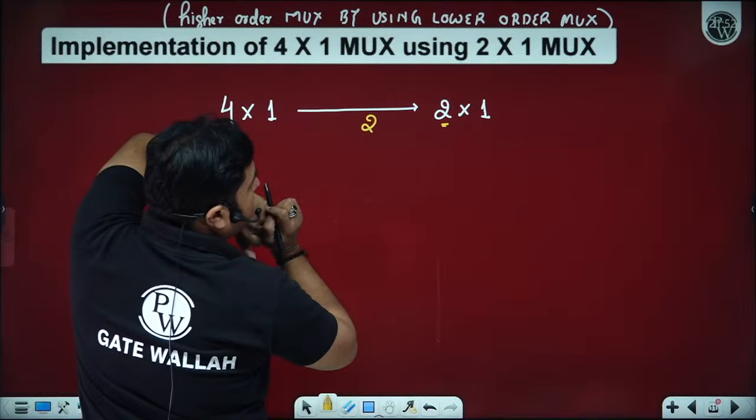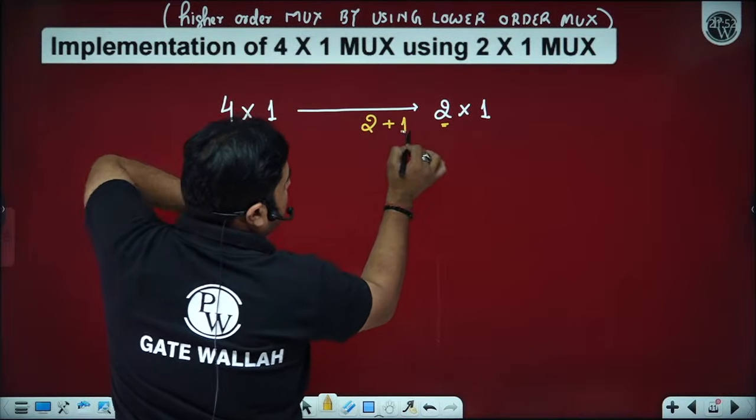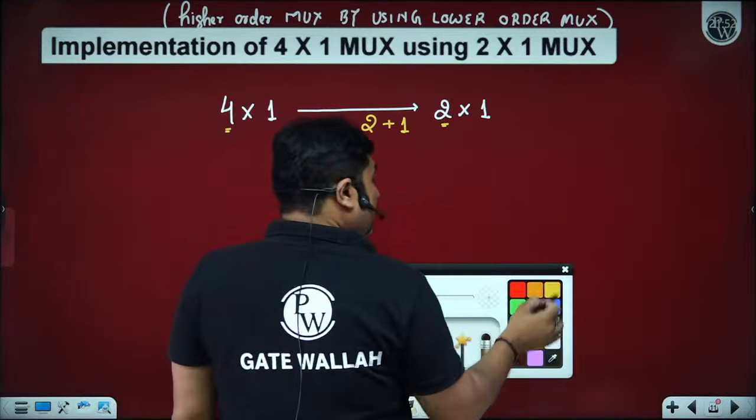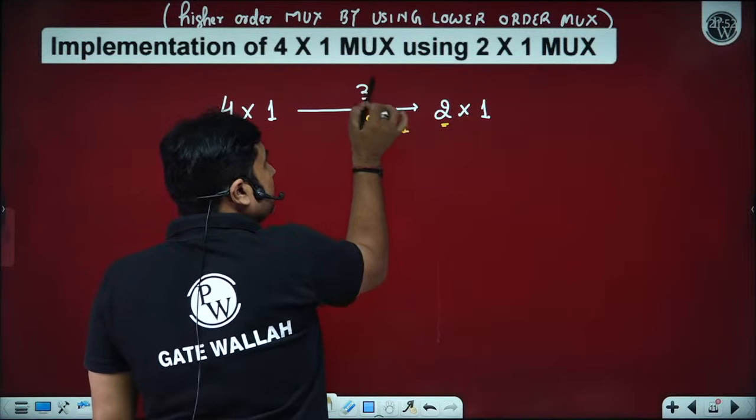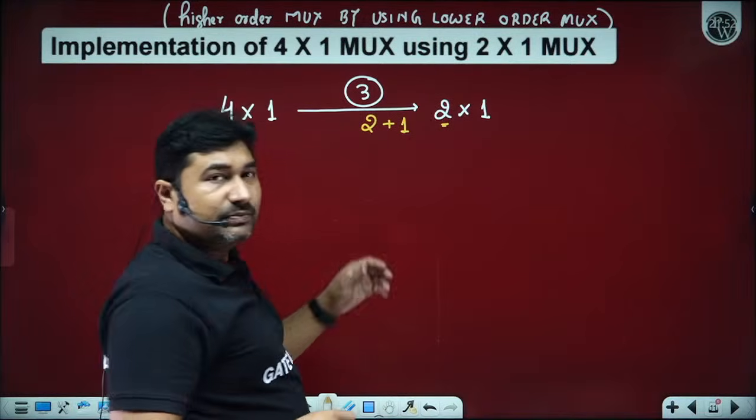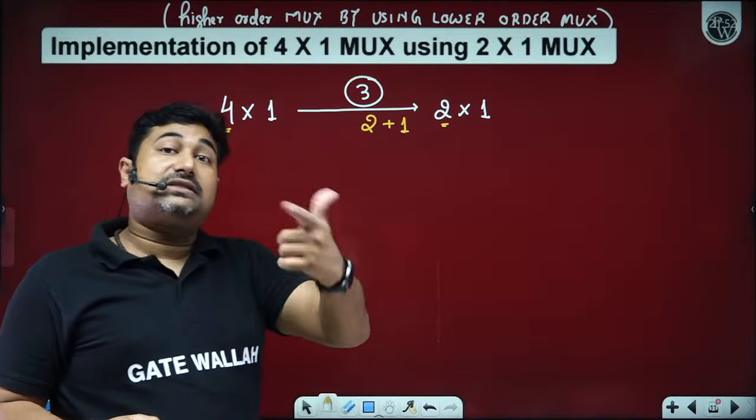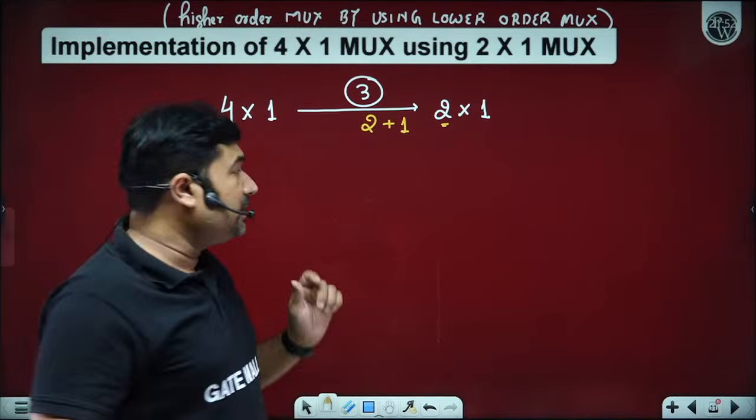So how many times can you divide? Sir, 1 time. So the total number of 2x1 multiplexers needed will be 3. And the most important thing is this division rule also shows you the construction, how you can implement. Now please observe,